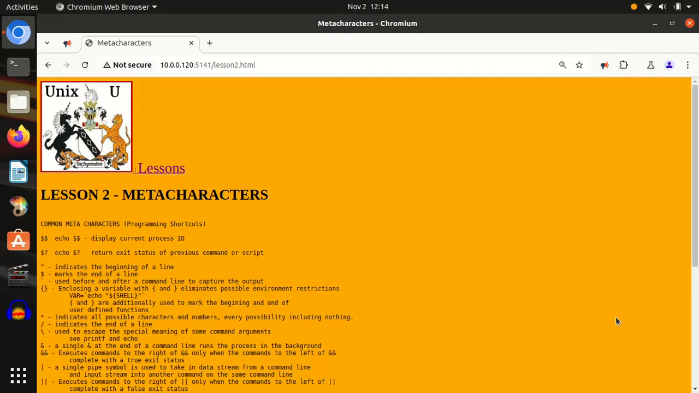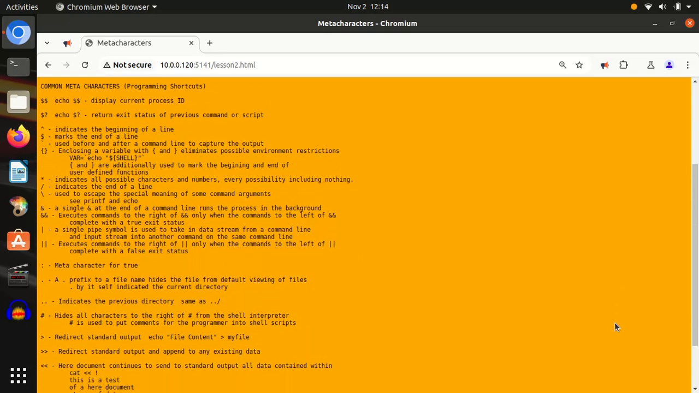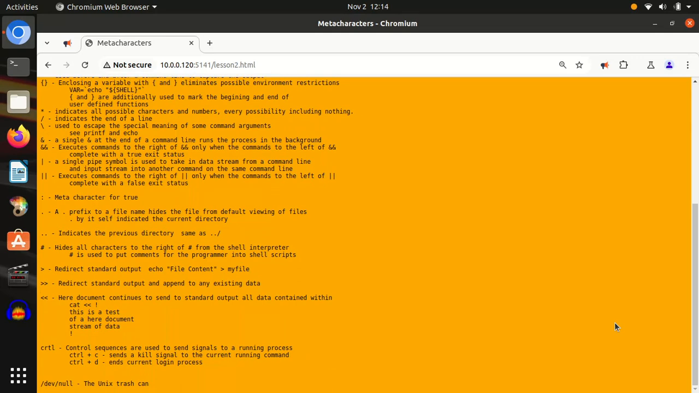Lesson 2. Metacharacters. Common metacharacters used all the time in your shell programs are as follows. $$. You can display the current process ID by echoing the metacharacters $$. You can return the exit status of a previous command or script by echoing